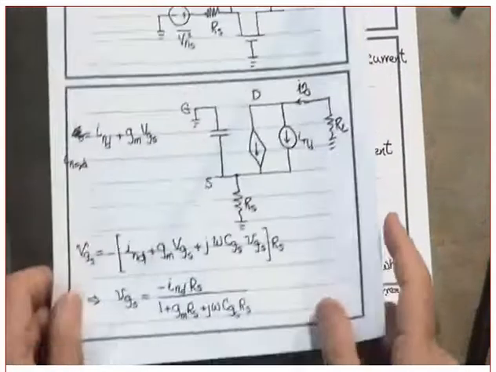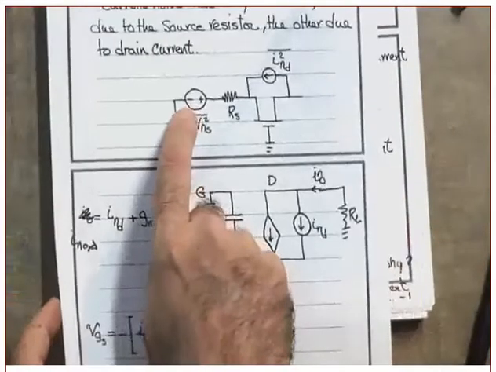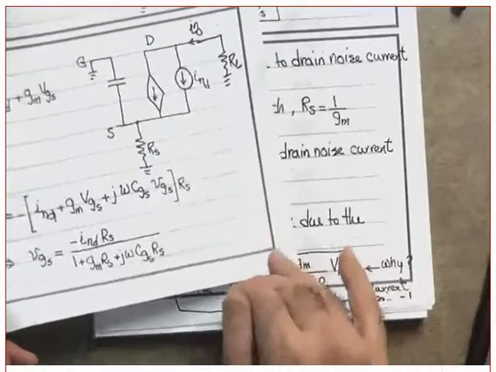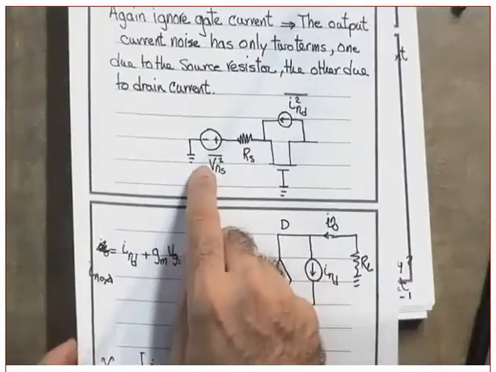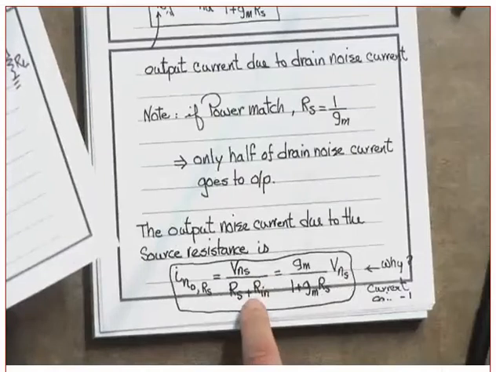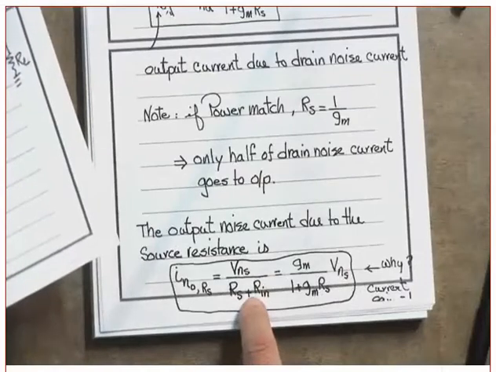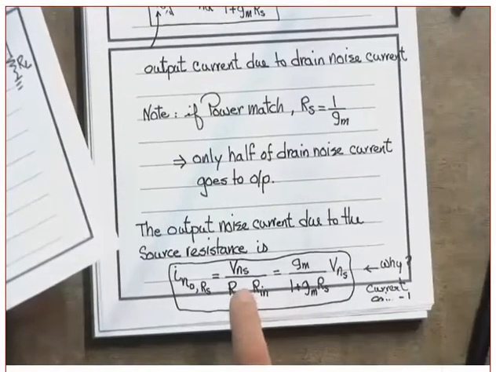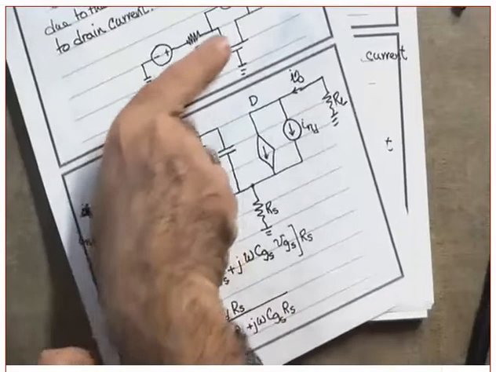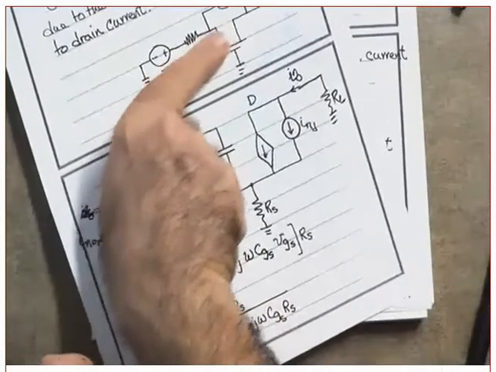The voltage VGS is V_NS, which is this, not squared. I'm not talking about power, I'm talking about voltages. So it's V_NS divided by RS plus RN. What is this? RS plus RN. RN is the